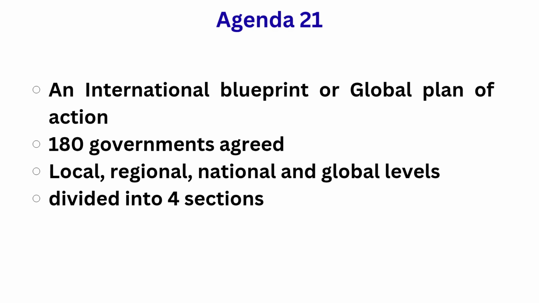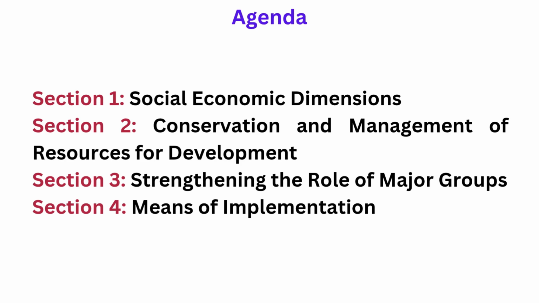Agenda 21. It was considered the most important agreement signed under the Earth Summit, also called the International Blueprint or Global Plan of Action. This agreement was signed by 180 countries for action at local, regional, national, and global levels. Its function is divided into four sections. Section 1, titled Social and Economic Dimension, involves policy making, planning, and management. The second section is the conservation and management of resources for development. It involves management of land resources, combating deforestation, sustainable development of mountain ecosystems, and sound management of toxic chemicals, hazardous waste,